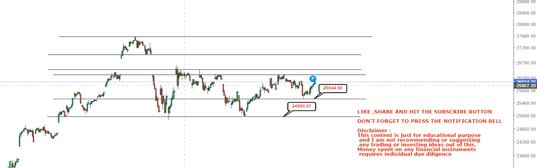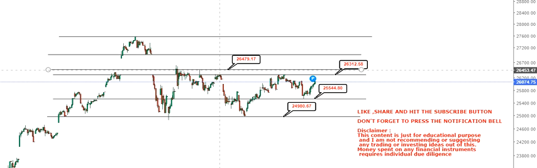And on the upside, your first target or first resistance should be at around 26,312, and if it indeed crosses that, then 26,479 or 480. So one can consider these levels from 26,300 to 26,500 as a resistance zone, because the proximity of these two lines is very close. So you can consider it as a zone,